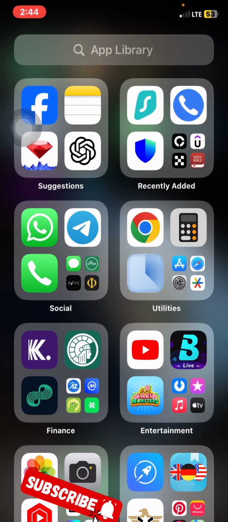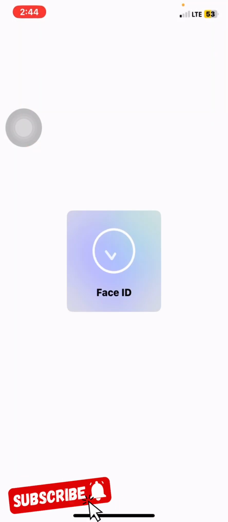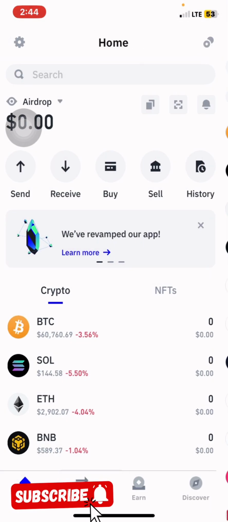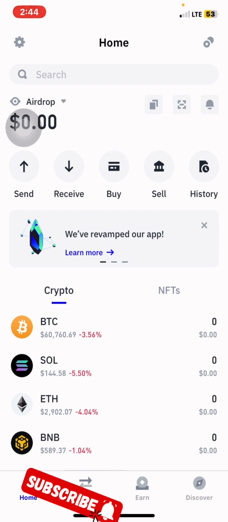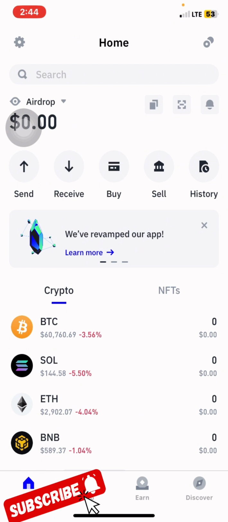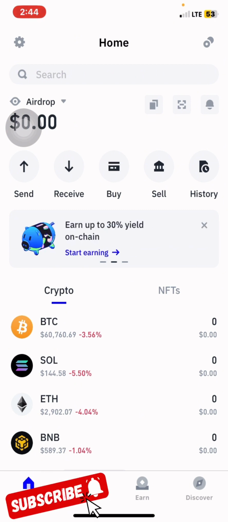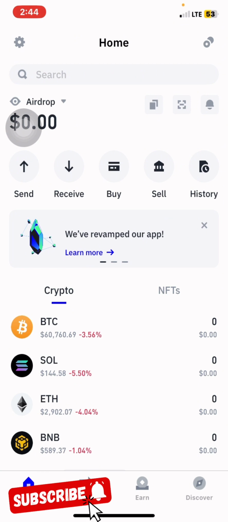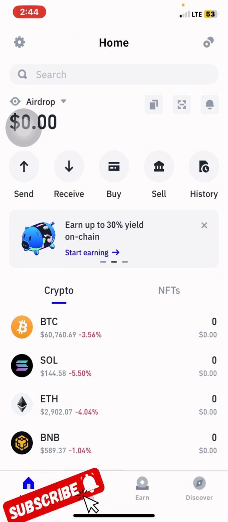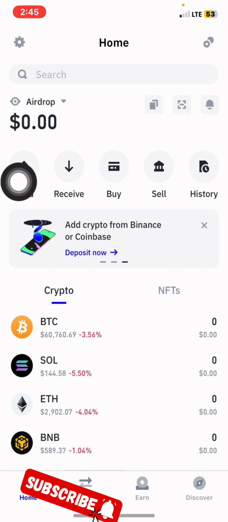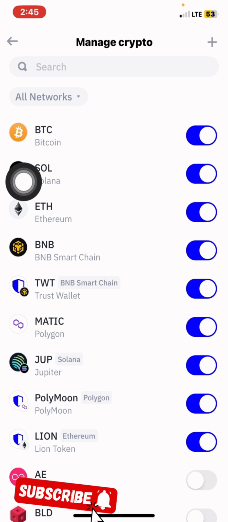Let's go into my Trust Wallet right now. I already added the Lion token, but let me show you how I did that. When you open your Trust Wallet, for those of you that just downloaded the app, you have to sign up. But if you already have the app, just copy the contract address I dropped in the description box and go to this home side, tap the plus,